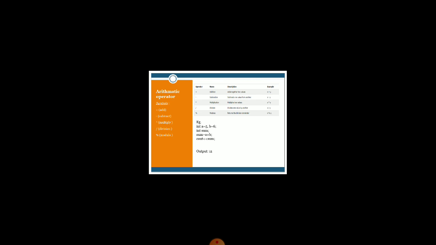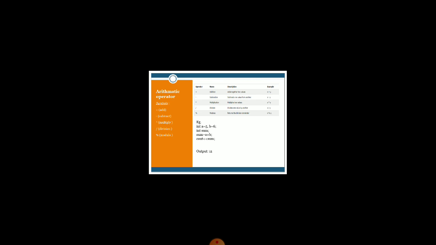For example, if I declare two variables, int a equals 5 and b equals 6, and I want to perform the addition operation, then to store my result I define one variable as sum. Then sum equals a plus b. So here I am using the arithmetic addition operation.